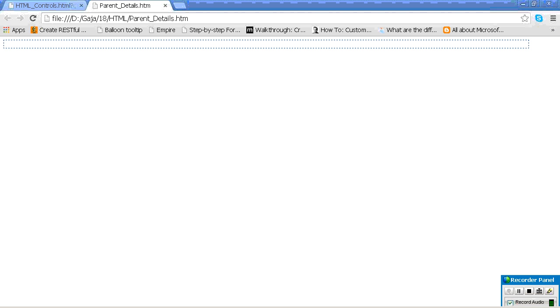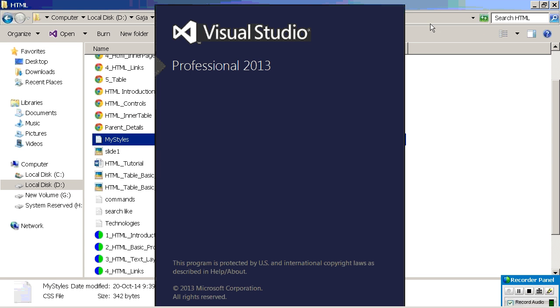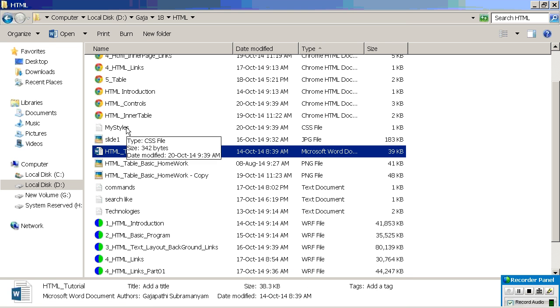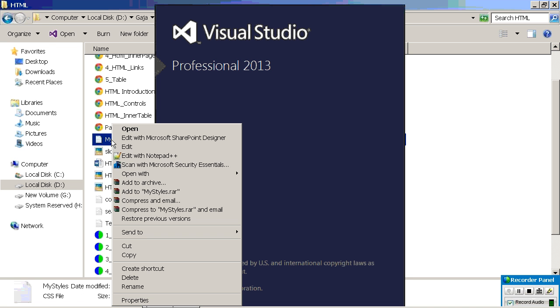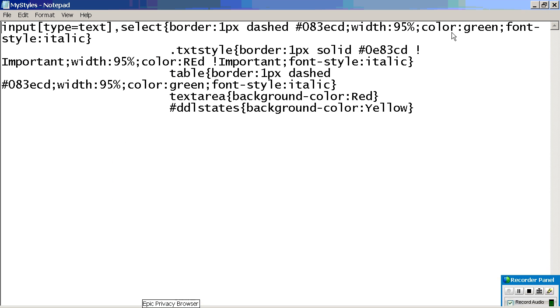Now, the requirement: people have asked you to change the style of the text box. We don't like your text box style, please change it. They are asking us. Are you understanding? Then what can you do now? Here, input type equal to text. Go here.